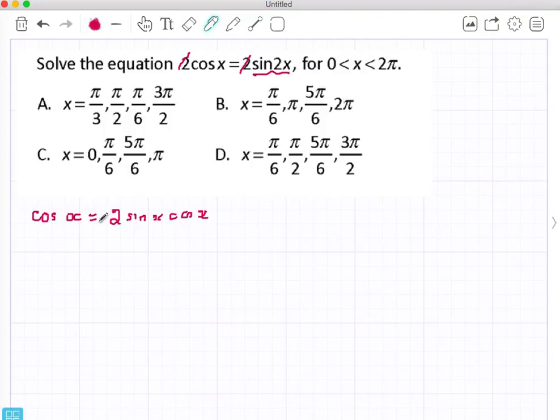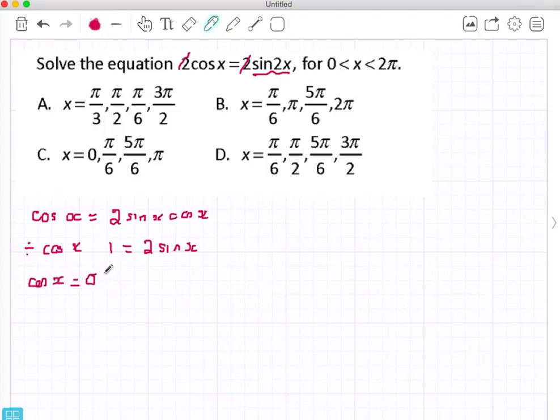Now at this point, the temptation is to divide everything by cosine x. If I do divide everything by cosine x, which is actually incorrect, I would end up with 1 equals 2 sine x. Now the reason I don't want to do that is because cosine x